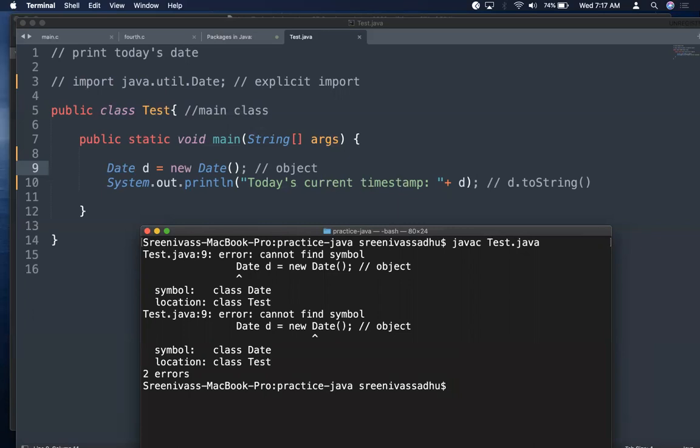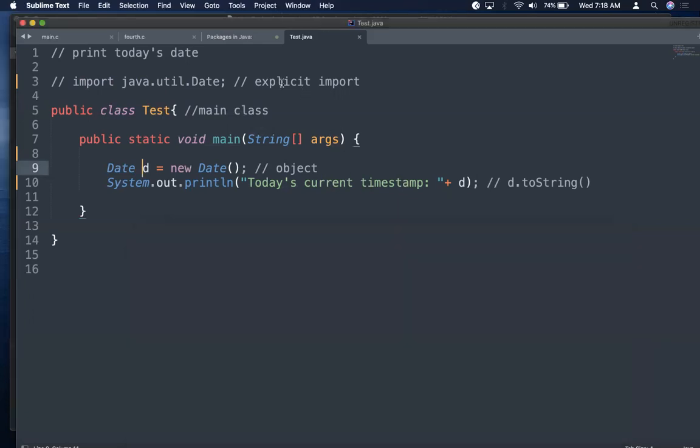Okay, the compiler says you are saying Date d equal to new Date, but I didn't find any Date.class in your current folder, which is practice Java. I didn't see any class called Date. Either you are not importing from any of the packages. So it gives me an error, right? That's why you need to import it, either explicit import or implicit import. And if you don't want to import,